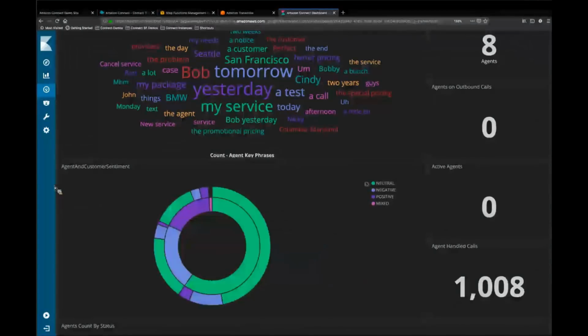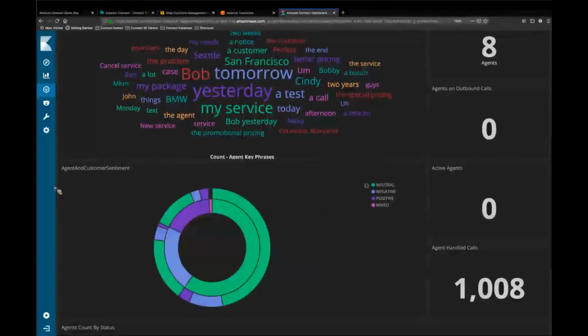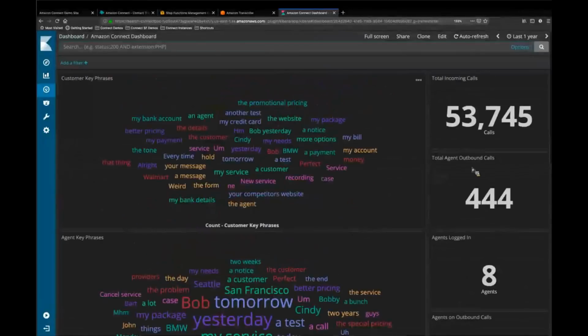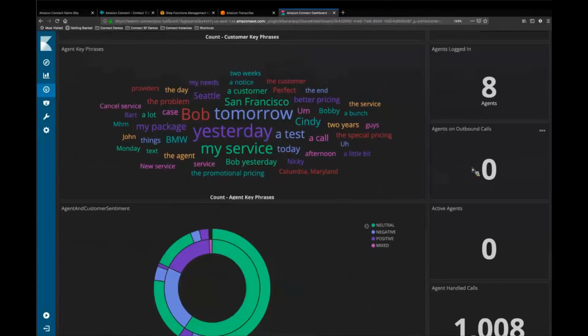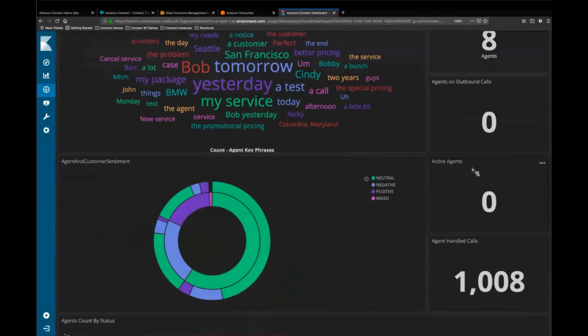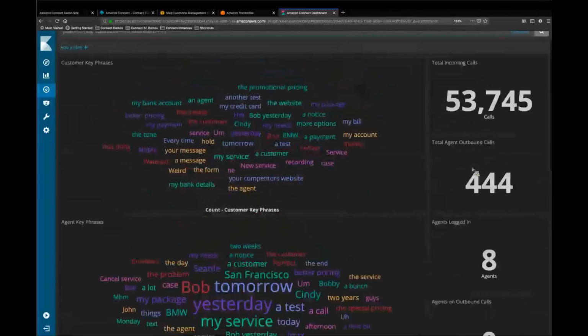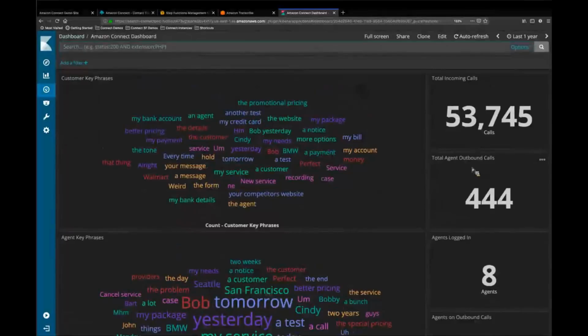Now, what we didn't talk through in this webinar are some of these things that you're seeing on the right-hand side here, which are real-time statuses for agents and how many calls have been handled. We have a separate blog post that walks you through actually creating this cluster with these details. And there's lots of data that can be made available out of Amazon Connect.